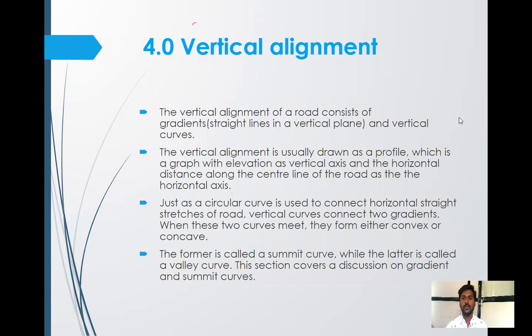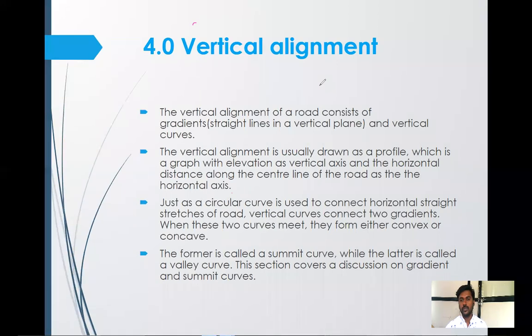Okay, what is meant by alignment? Whenever we are dealing with the vertical alignment, we have to consider the straight line path having the gradient when it meets with the positive or negative gradients. There are different kinds of gradient. It may be a positive gradient, it may be a negative gradient, it may be a combination of both. This is ascending, this is descending. Up here is a positive gradient, after that it is a negative gradient.